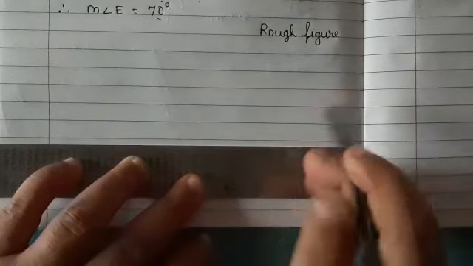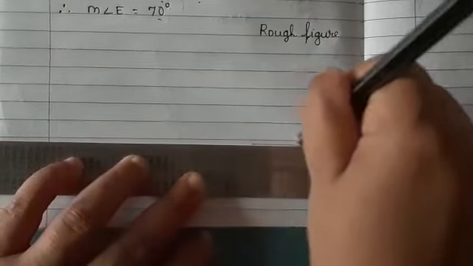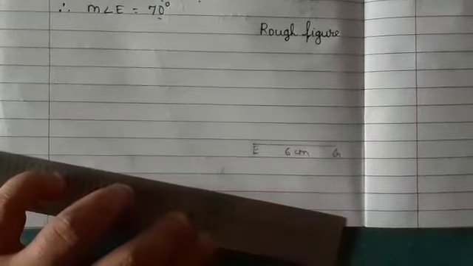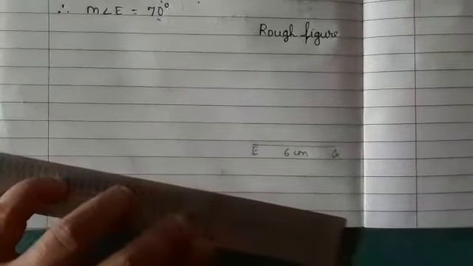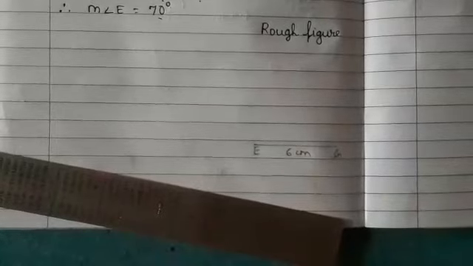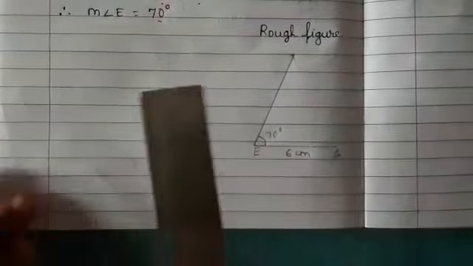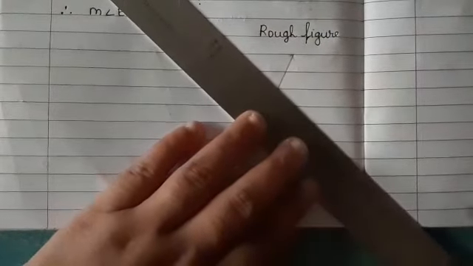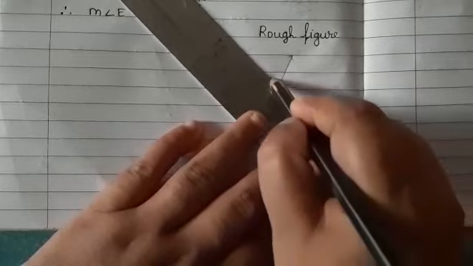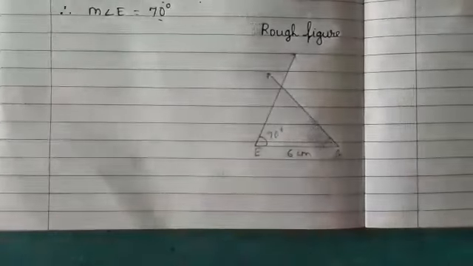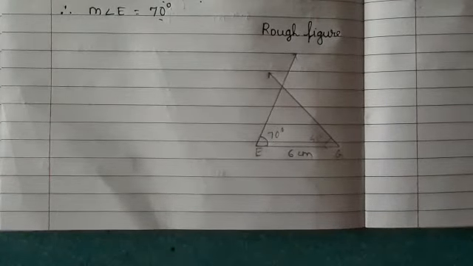This is EG 6 centimeter. Now E is how much? We have found it out. Angle E is equals to 70 degree, correct. So here acute angle I will show 70 degree, okay, and G they have given us 45 degree, so this will be our 45 degree. So here is 45 degree. So did you get an idea how our main construction will be?